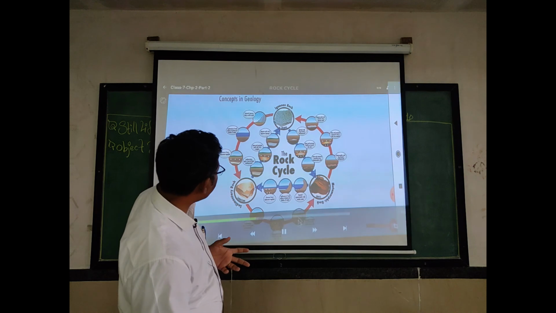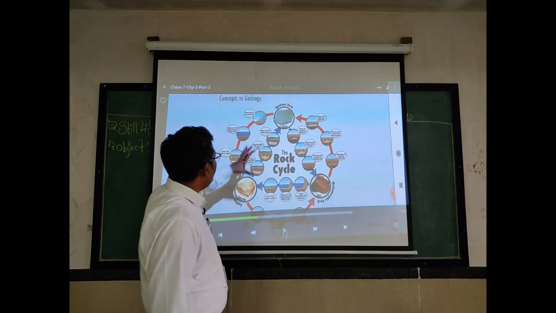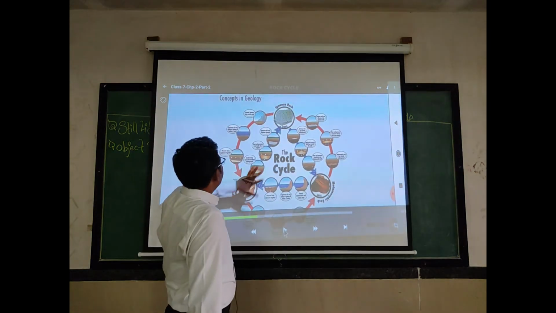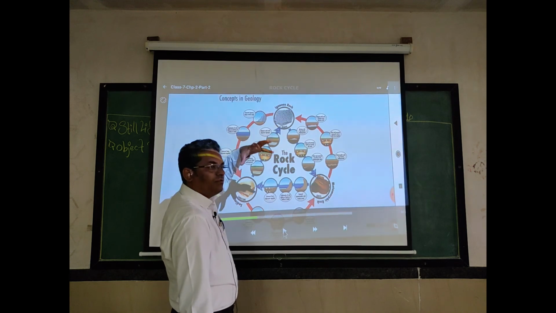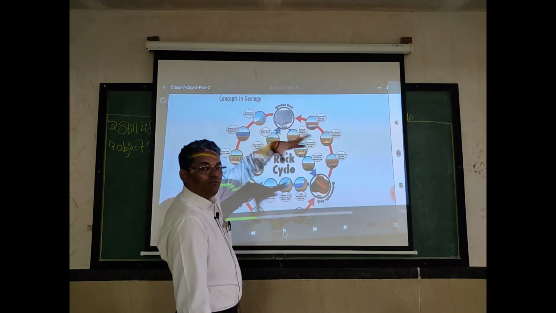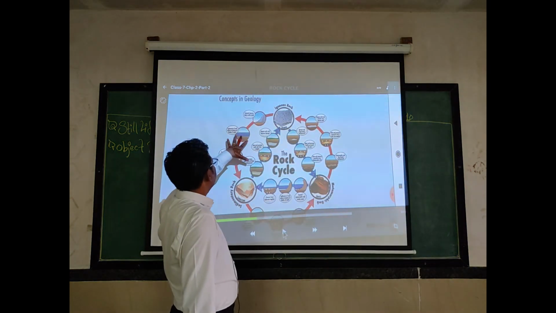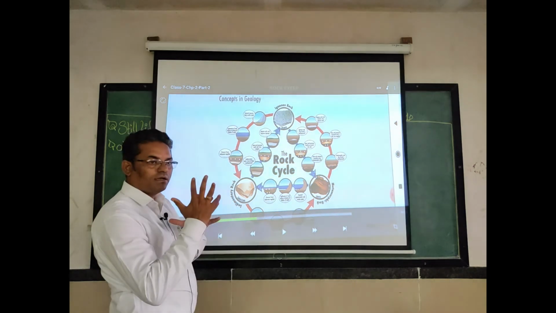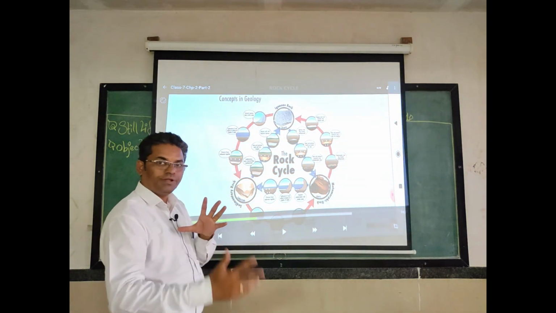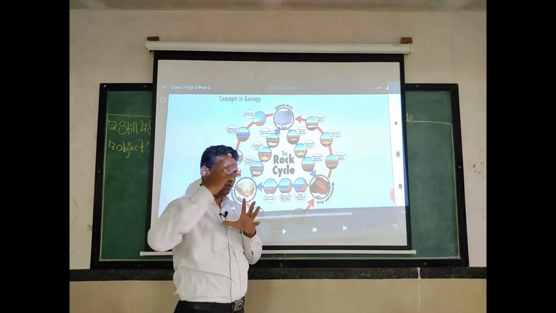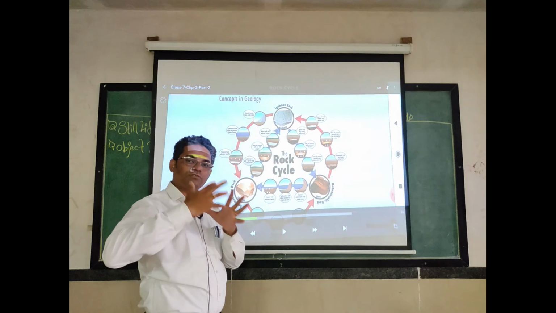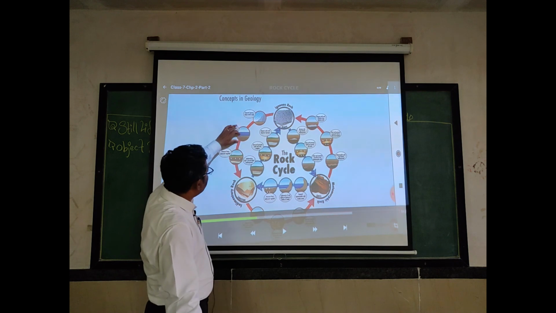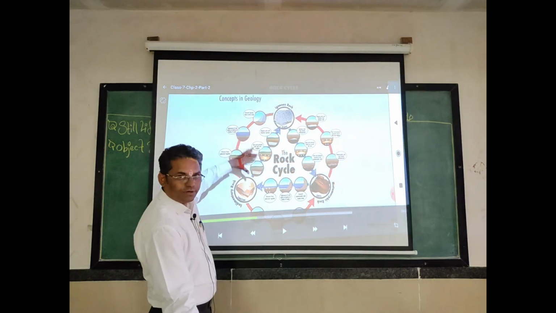Now you see, this is the cycle of the rock. What happens actually? The first rock that is created on the earth is igneous rock. Now these igneous rocks, due to rainwater, come in contact with water, come in contact with air. Due to that, these rocks are eroded. This erosion turns the rocks into several different parts, and these several different parts start flowing with the river water,